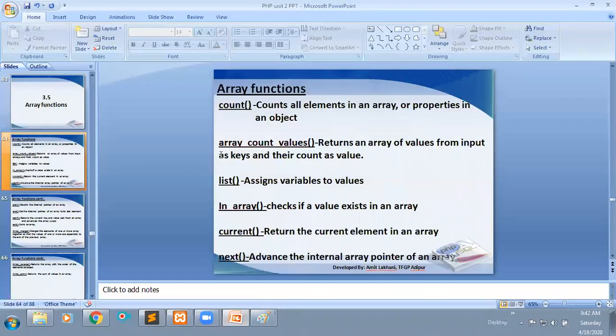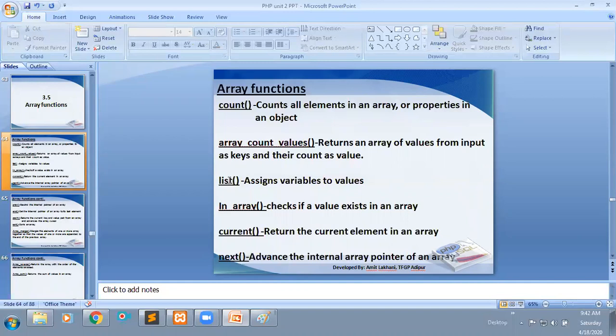In the same way, array_count_values returns an array with the input values as keys and their counts as values. It counts the array element values, and treats each input as a key and its count as the value.